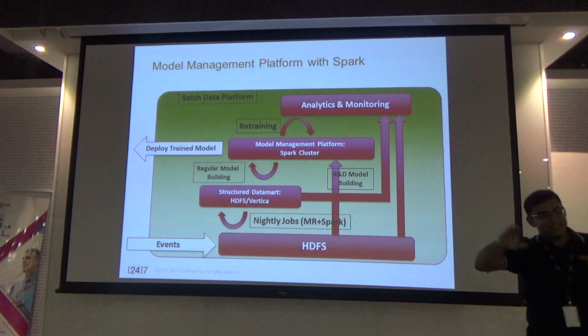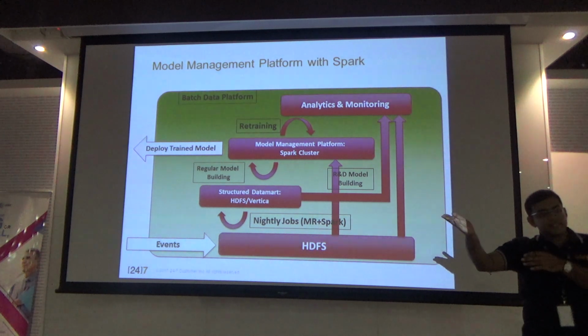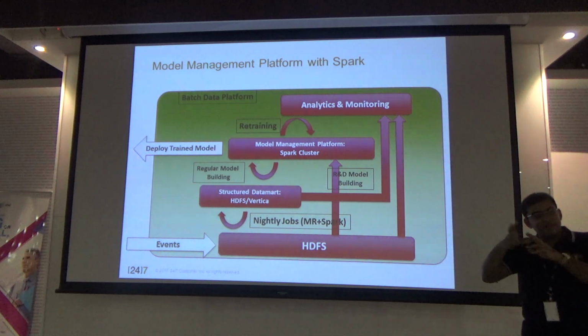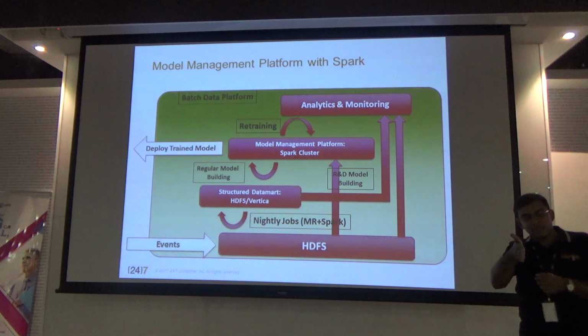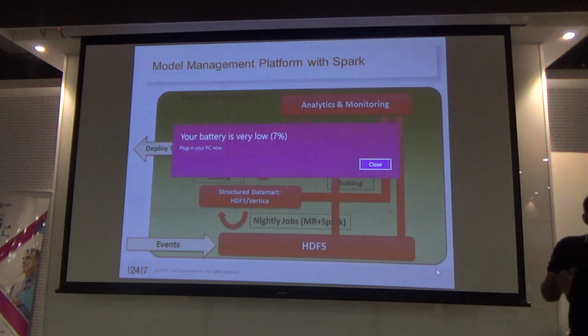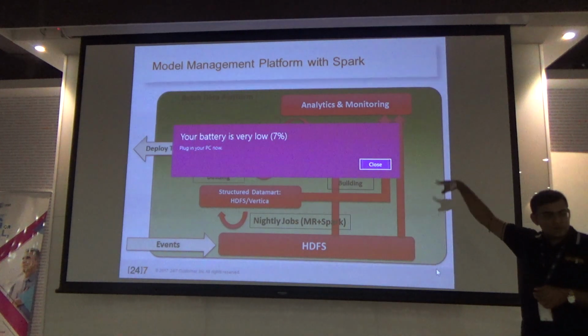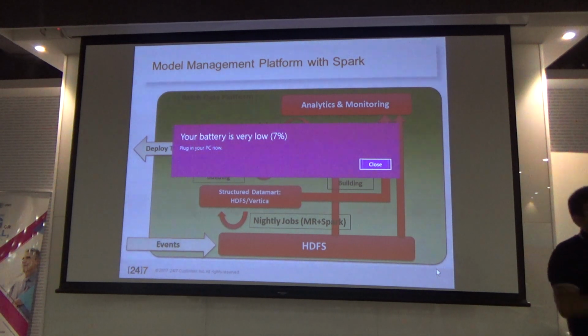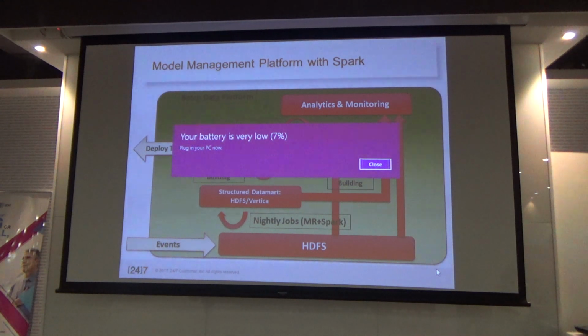So I click a button, the process starts. Once the model is deployed, it goes through an analytics and monitoring phase, which determines that this is a point where the model has deteriorated enough that we need a retraining. And so that again starts that cycle. Like periodic modeling? It's automatic. We are in the process of automating it, but right now it's more manual. These are automated, but I think we are.